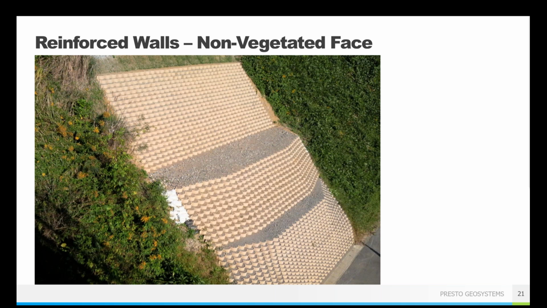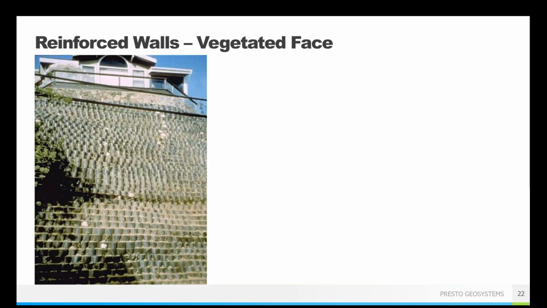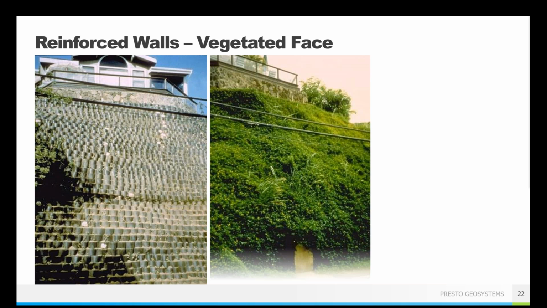Let's see some other questions. So this is with that vegetated face. Like I said, the majority of GeoWeb walls are done with a topsoil infill for that vegetation growth. And you do just want to put in topsoil, something that you know is going to grow vegetation in your area. It doesn't need to be any sort of specialized blend, at least from our end. Your landscape architects might have opinions about what the best soil type is, but in our world, it's really just whatever is going to help grow vegetation in your area.